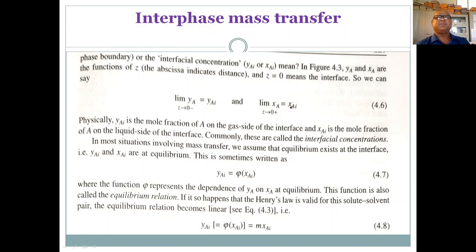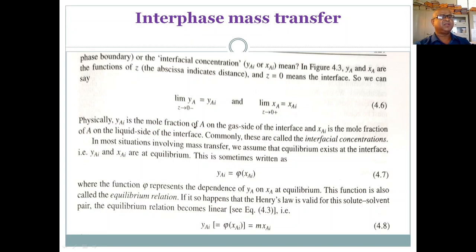Limit concept, it is the imaginary line and almost zero thickness. If it is a 0 thickness, I cannot tell it is 0, but tends to 0, limit concept. So tends to 0 means practically 0. If the thickness is 0, there is no resistance. That's why that interface will always be in equilibrium. If there is no resistance, it will always be in equilibrium. So that's why physically